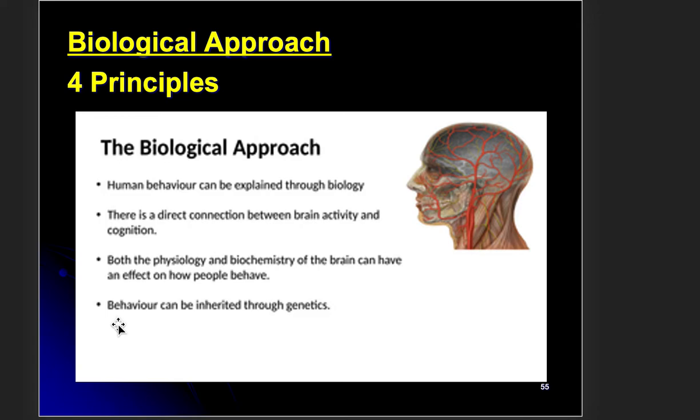Number 4 is behavior can be inherited through genetics. Sa maning inherited, meaning imong masunod, di ba? You can inherit your behavior from your parents. So kung unsa ilang mga behavior, unsa ilang mga traits, unsa ilang mga attitude, pwede na nimo ma-inherit na siya. If sa puton, pwede po ka mahimo sa puton. If kugihan, pwede po ka kugihan, di ba? So kana nga mga traits pwede ma-inherit sa tao through genetics.